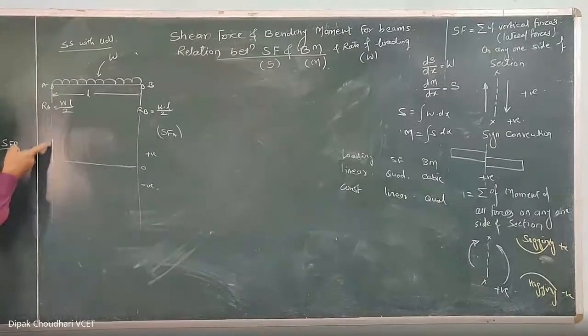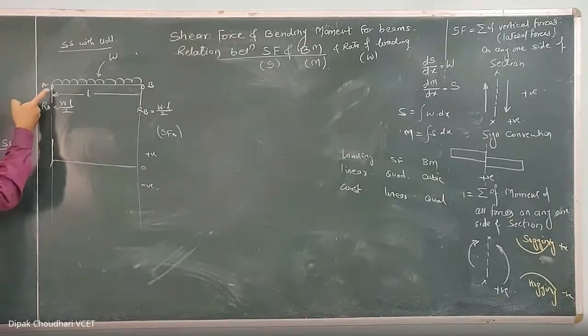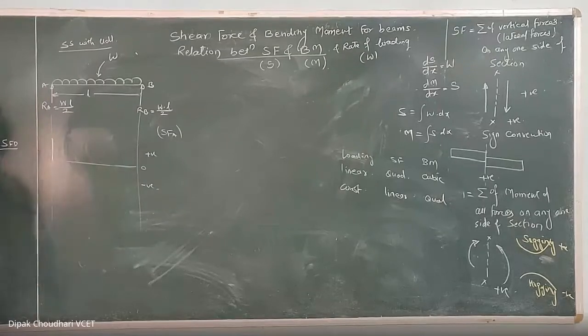Why will this vertical straight line come in the shear force diagram? Because of this point load. Why so? Because whenever there is a point load in the loading diagram, there is a sudden change in the shear force value at that particular section. And since there is a vertical straight line in the shear force diagram, there will be two different values of the shear force. Now, how to get the two different values of the shear force?